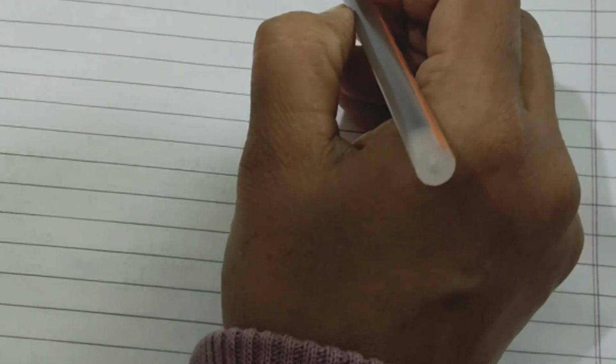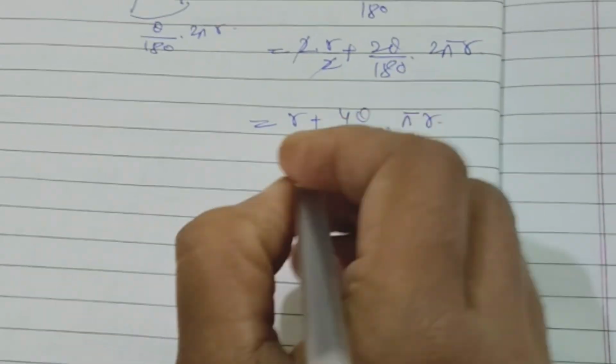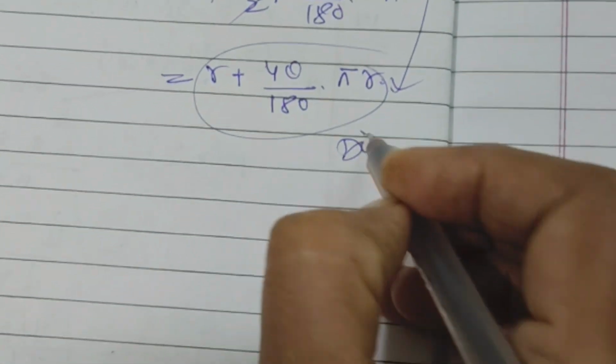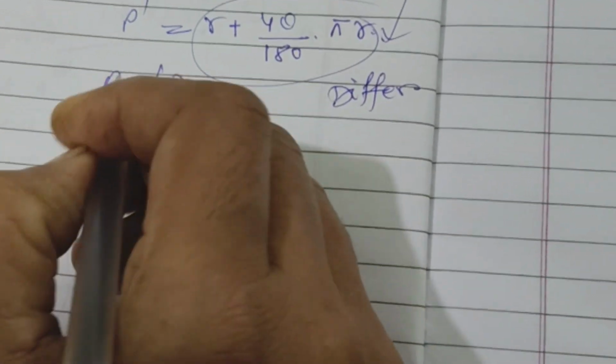Now you see, it is in the question, perimeter of the sector remains the same. If r dash is replaced by r by 2, obviously this will be this, and theta dash will be 2 theta by 180 into 2 pi r. You see, 2 gets cancelled, and here this is 4 times theta by 180 into pi r. But this expression and this expression are totally different. Both are different, you know. So p dash and p are not equal. So